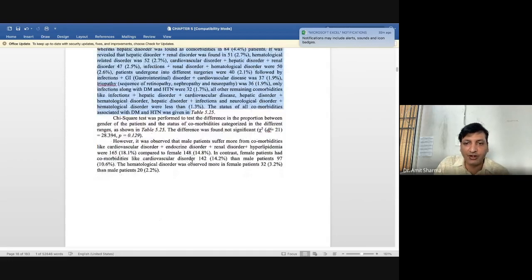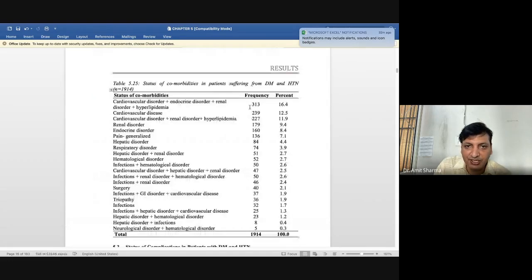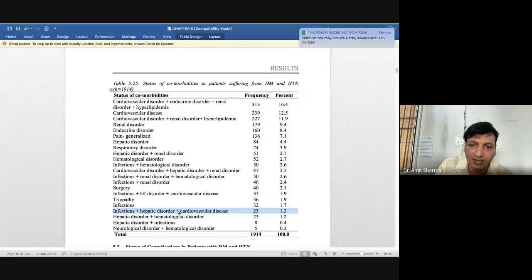So how to find this? Arrange a table like this. The value which is highest should be written on the top. When you generate the table, you are going to get the values in some order, but with SPSS you can move from lower to higher order. You can arrange it so that it is easy to identify which disease the patients were suffering from more.